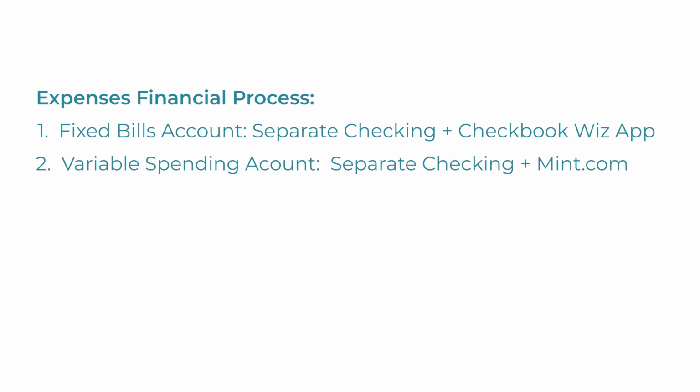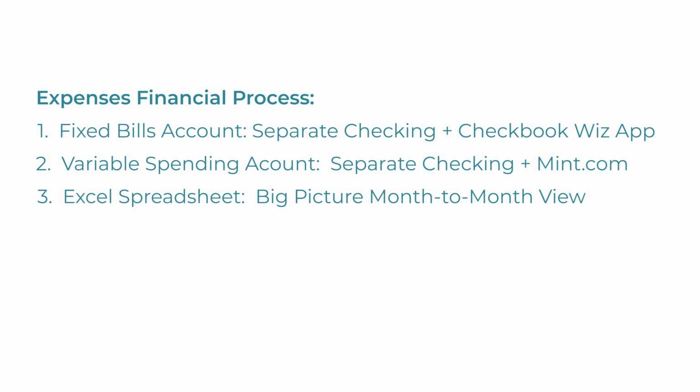Then I have my spending checking account where all of our variable expenses are coming out of. I budget it using the mint.com app or software online. And then I take an overall view of every category and every bill across the whole year through an Excel